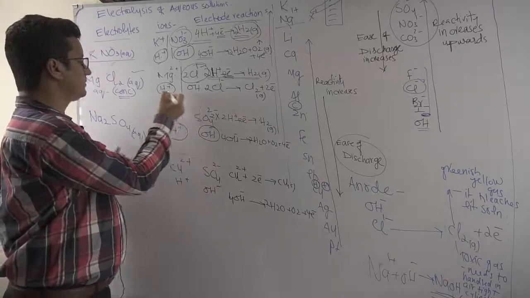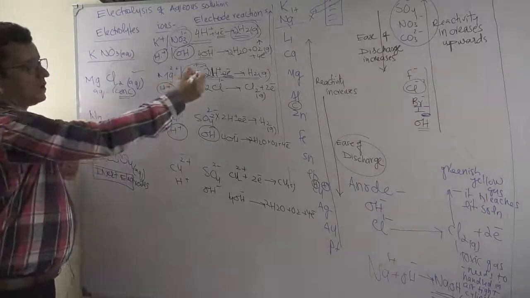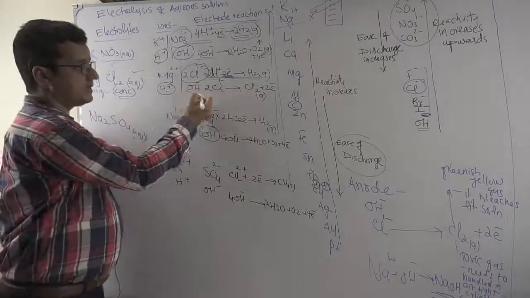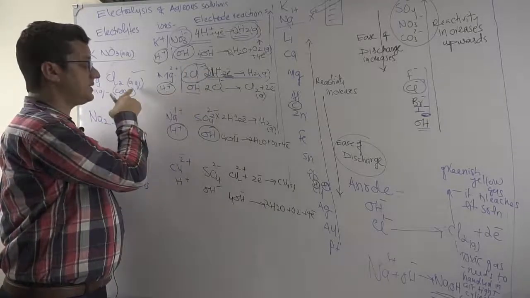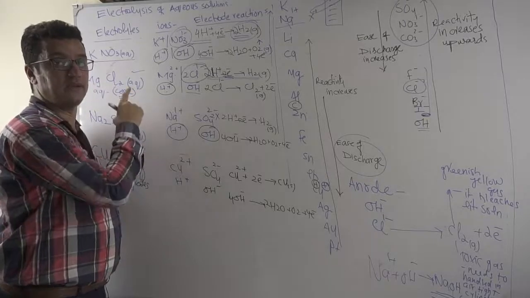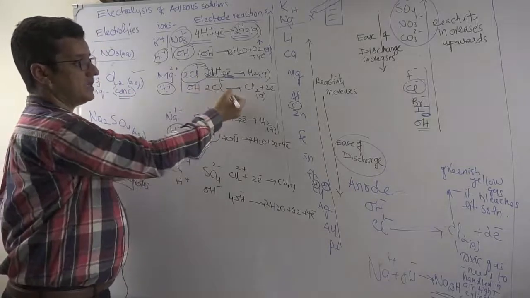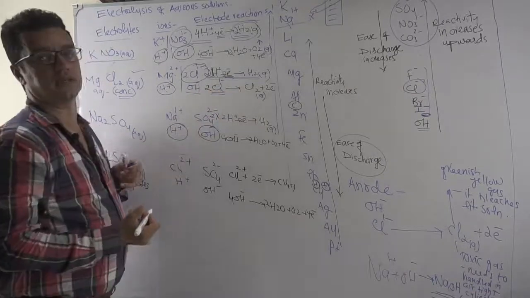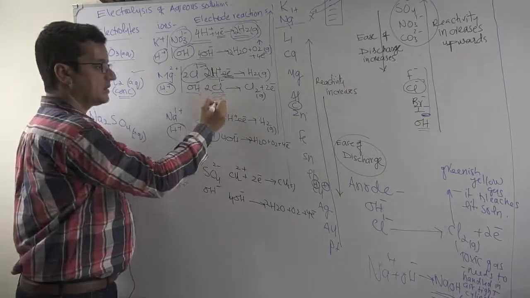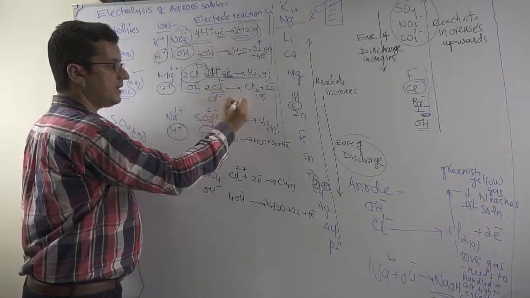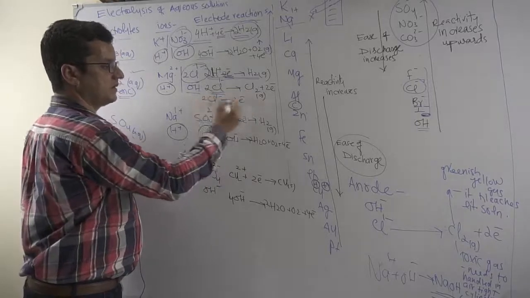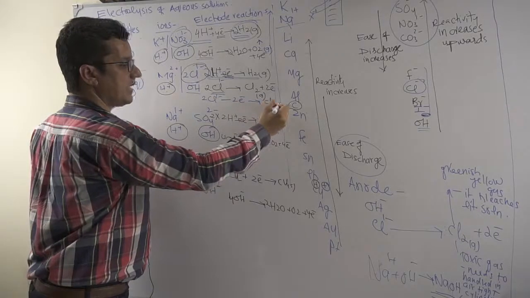And as usual between chloride ion and hydroxyl ion, since chloride ion's concentration is higher, I said take aqueous as concentrated even if it is not mentioned. Then you will find out chloride ions are discharging because of the concentration effect. Chloride ions are deprived of electrons there and turn to chlorine gas.